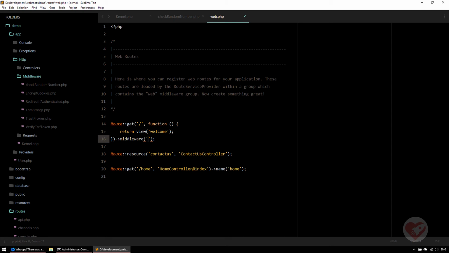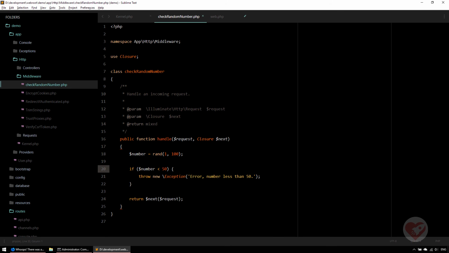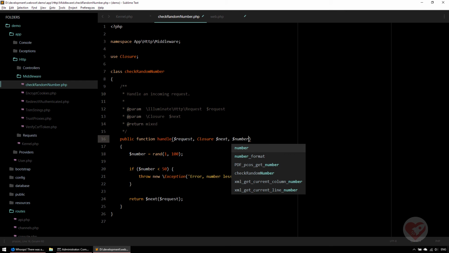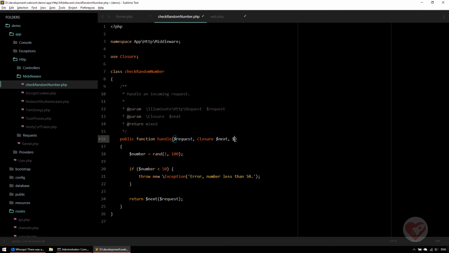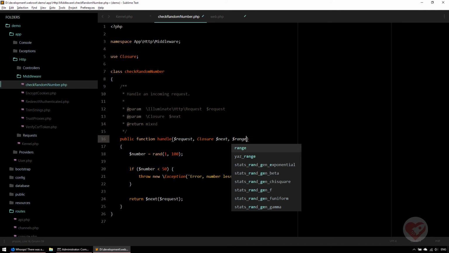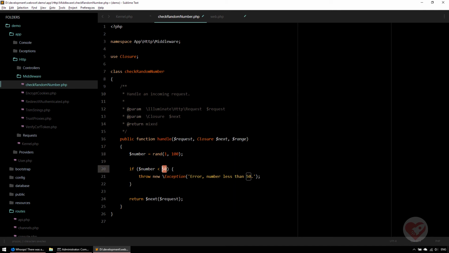So for instance, coming back to this check random number, let's say we want to pass the number that we want to verify this random on. It is 50 that is here. Okay, so I just come here and I say number. Actually, let's say I say range. I say, just as an example, I put it as a range, less than,